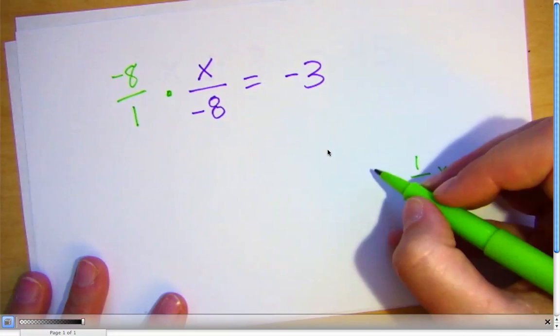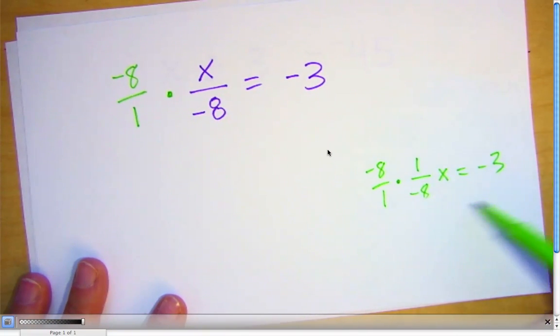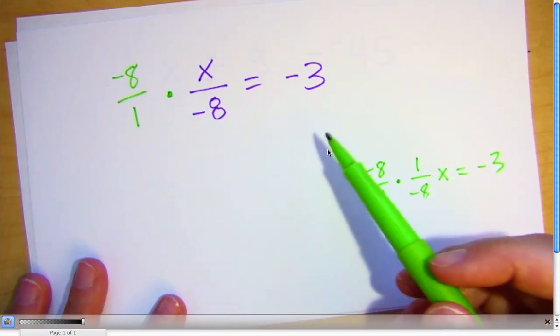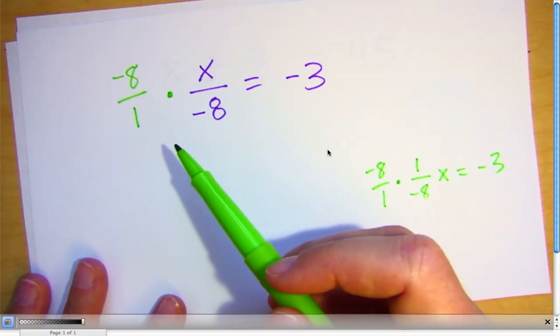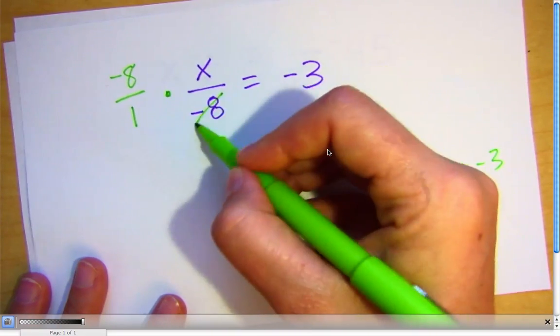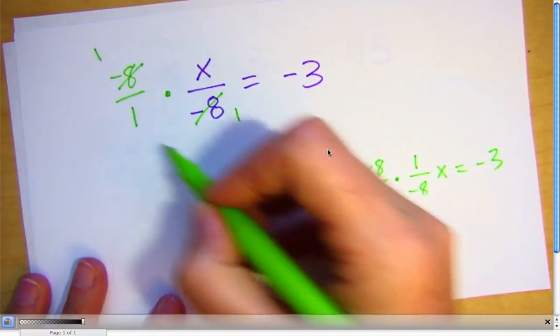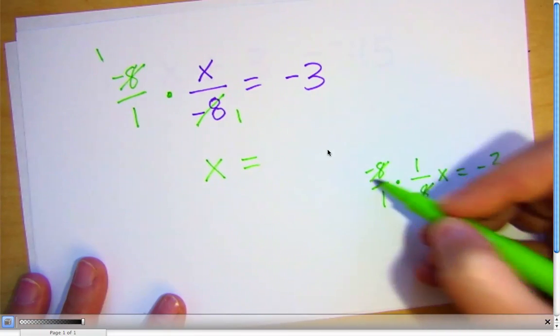This is a little clearer that I would do -8 over 1. So up to you. If you want to rewrite your problem like this down here, that's fine. Or if you can just go ahead and work with it like that, that's fine too, either way. But regardless, we're multiplying by -8 over 1. Because that will factor out these -8s, make them 1. And you see now everything is a 1 with the x, so x is isolated. Okay, same over here. Everything's isolated